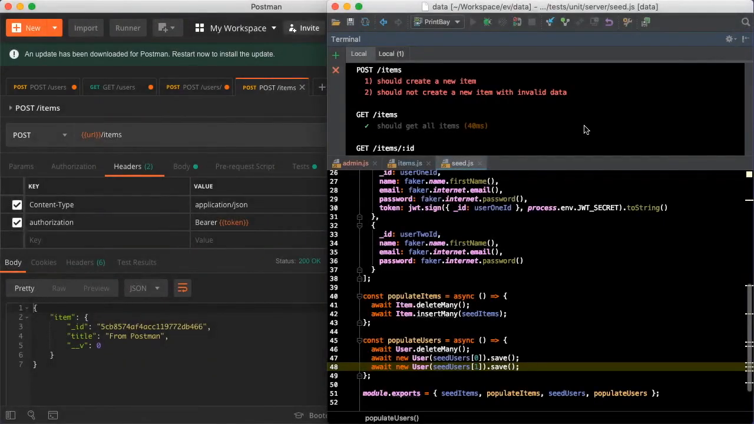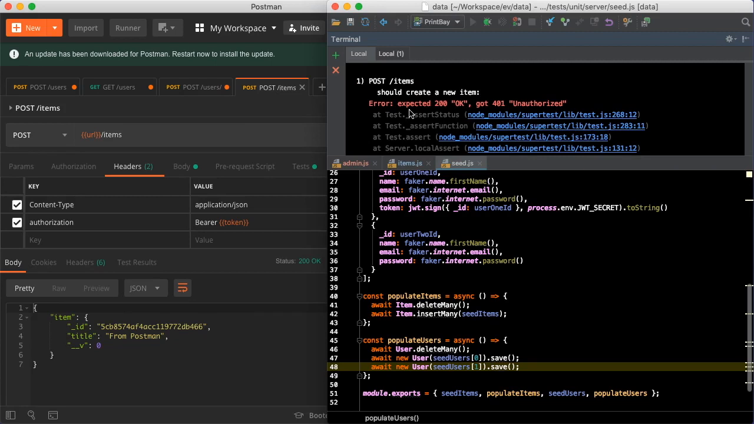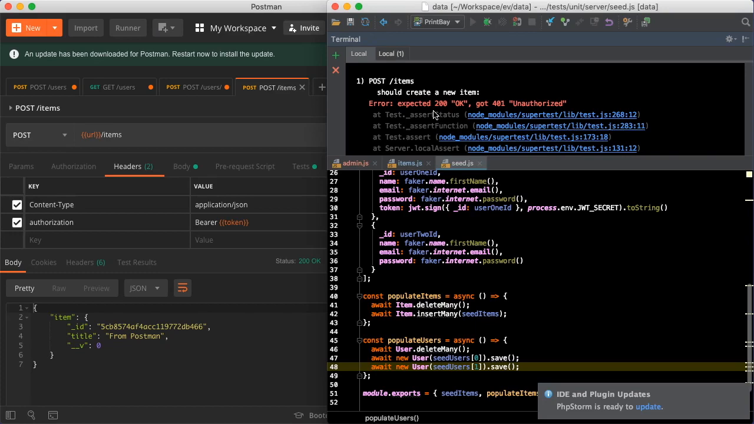If we try to run our unit test now, you'll see that our post item tests are now failing. And if we come down here and look at the error, you'll see that it's because we're now getting 401 unauthorized, where we're expecting a 200 OK. So similar to our Postman request, we're going to need to update the test to ensure an admin user is